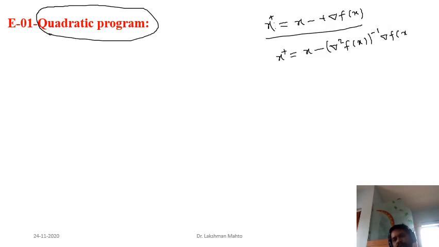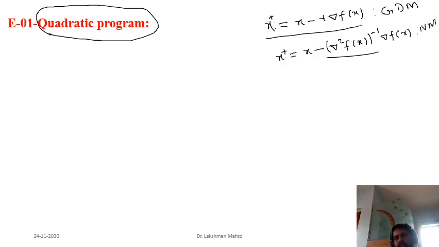Then if I ask what the source is from where these are coming, how the derivation is coming, how t is coming, actually both methods are based on a quadratic approximation of a function at the current point x. So we are talking about quadratic approximation. This one is the gradient descent method, GDM, in short, and this one is the Newton method, NM, in short.